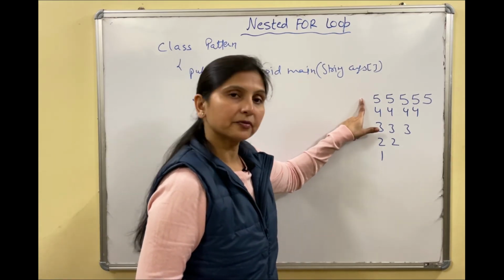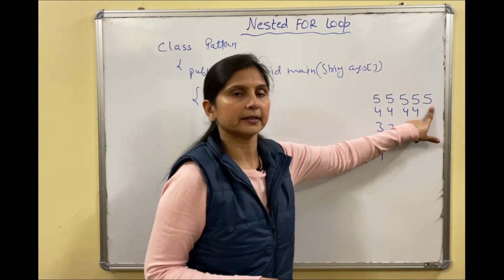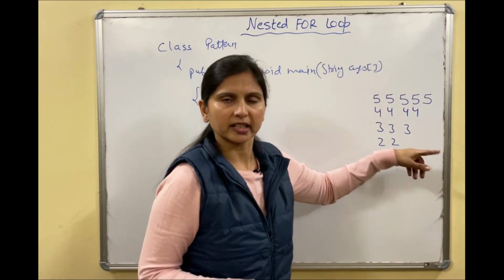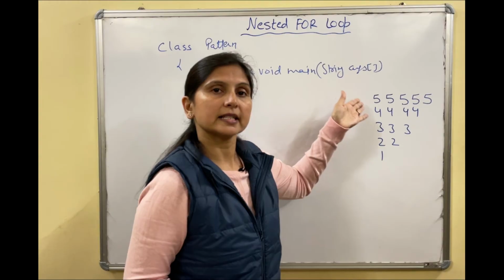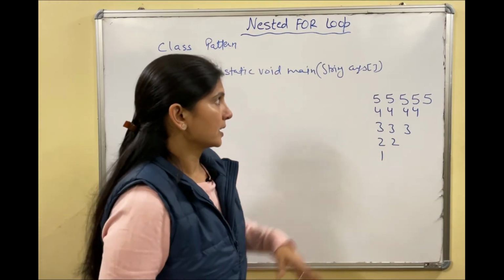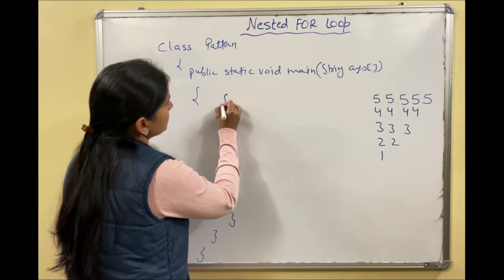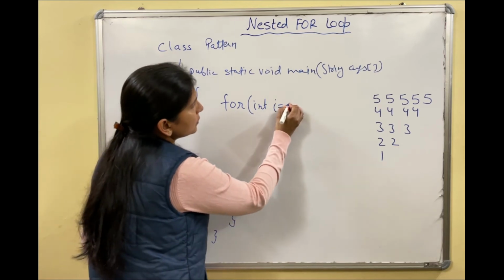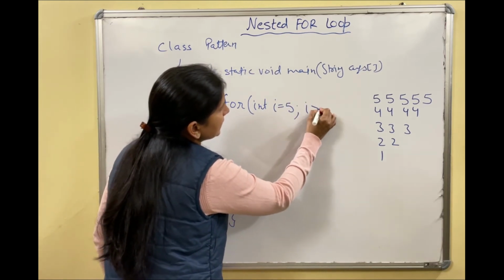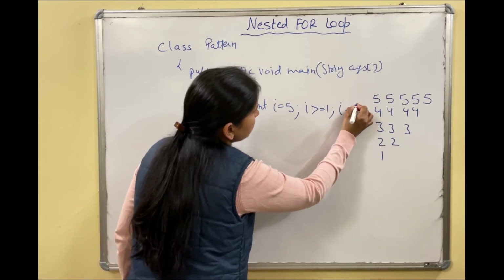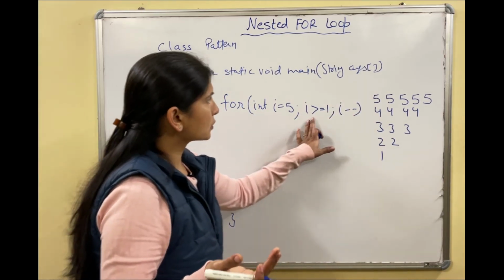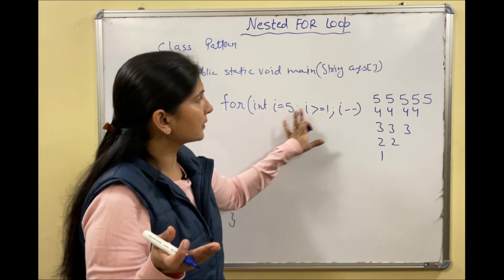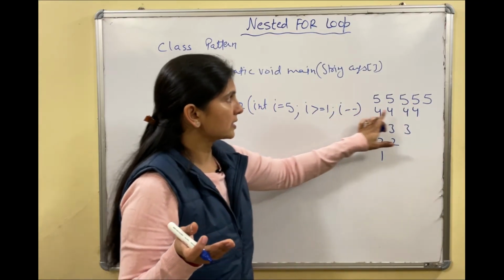So that when I is 5, j is also 5, right? When I is 4, j is also 4. When I is 3, j is also 3. There can be another way also, but if you can understand this way, this would be easier. Fine. So what can be done? int I equals to 5, I greater than equals to 1, I minus minus. So 5 rows we want. This also will work 5 times, and 1 to 5 will also work 5 times. But it would be easy because when I is 5, j is also 5. When I is 4, j is also 4.